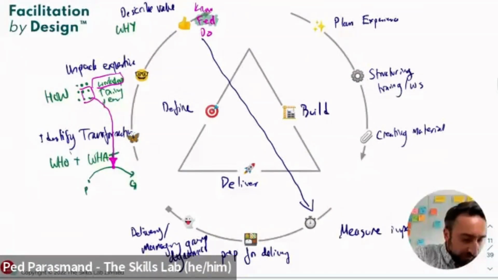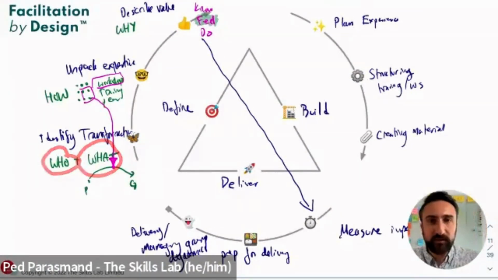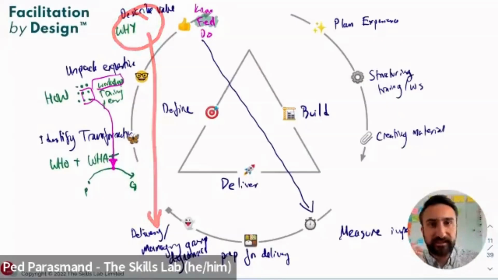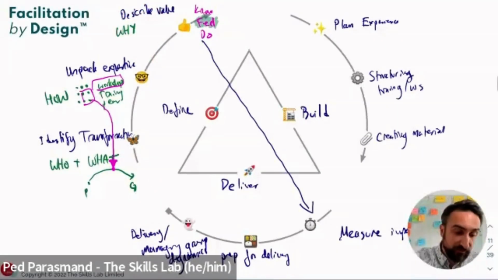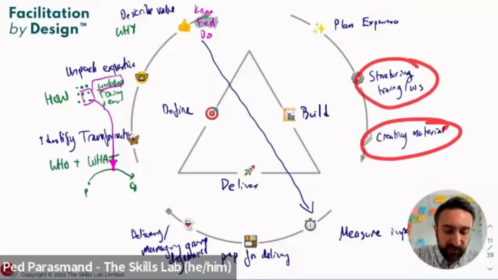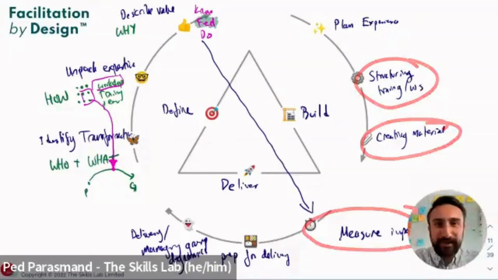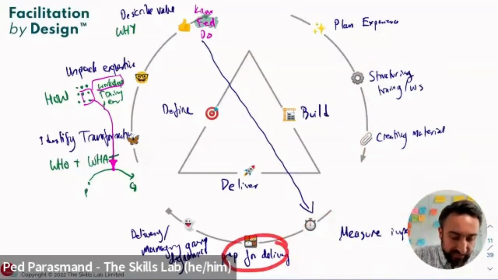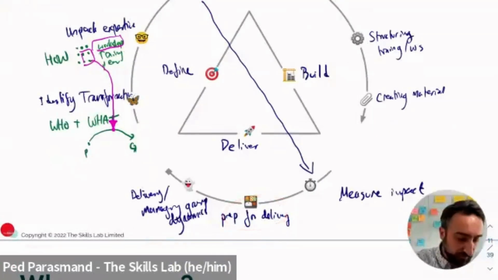When you're clear about who's coming and what they want to achieve in their work or their lives, that's how you can meet them where they're at the beginning of the workshop. Then you're using why it's important as a way of engaging them to begin with. You're executing your plan, using your structure and your material. Your impact measures and evaluation tools are being deployed, and all the prep that you've done really comes into play.